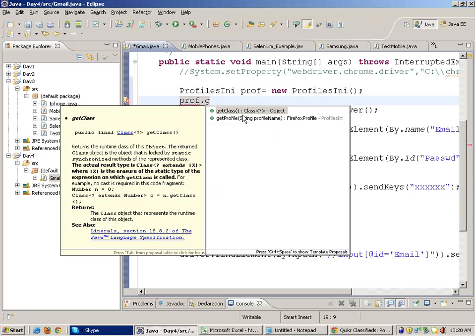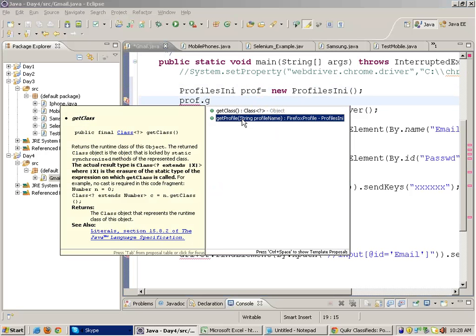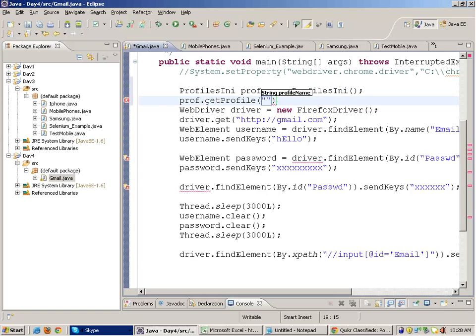So if you write profile.getProfile and give the profile name, that is June_weekday, this is the one which I just created, this will return you the object of the class